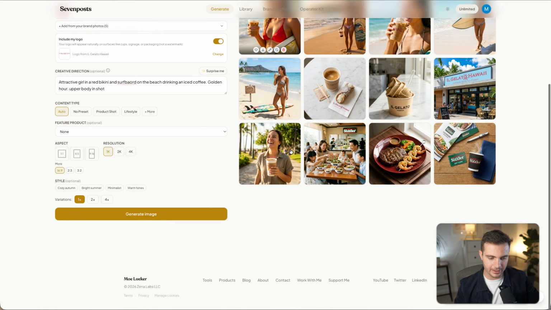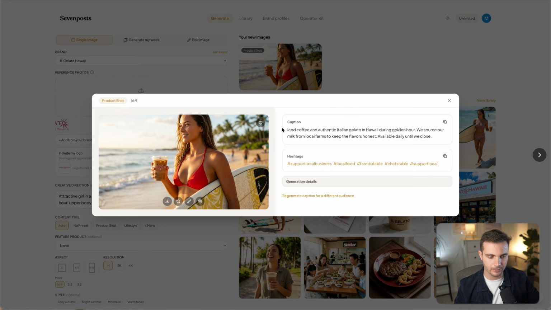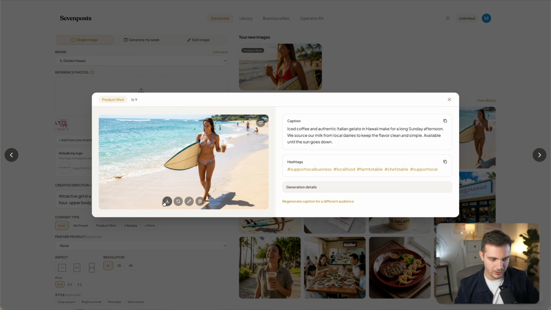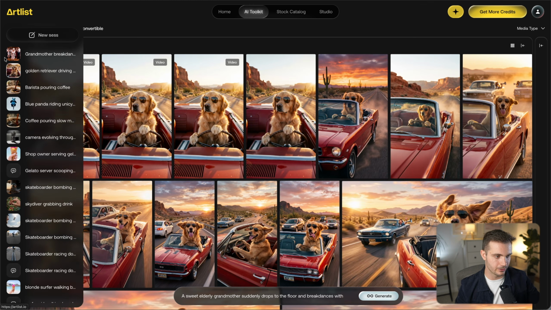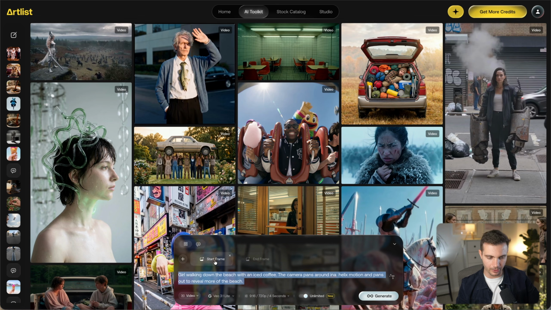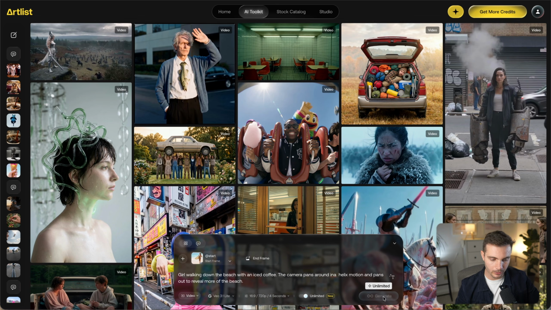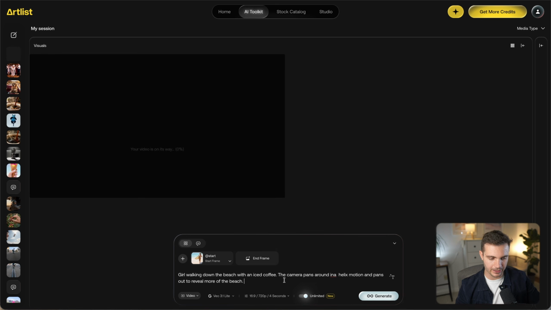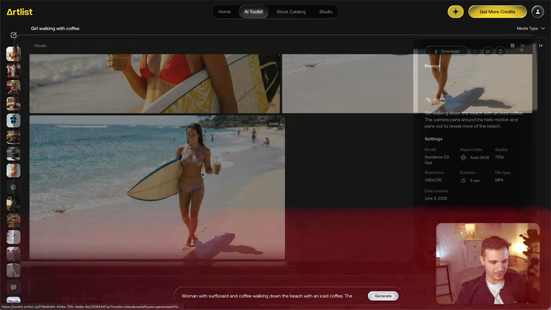Now, if I log in and I see a bunch of shots that are generated for me to post on social media, for example, this one, I can download this shot, or I can download this shot, and I can come to my Artlist studio and I use that shot as my reference image, click on video and give it a prompt like this. Then I can generate multiple video iterations of that exact shot with different video models to see exactly which of these shots I like the most. So let's see how that turned out. Here's the first shot.